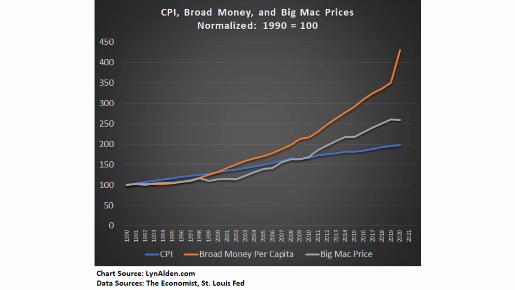The Big Mac index is another interesting alternative inflation indicator. The price of making a Big Mac is pretty representative of the overall prices in the economy. There's beef, oil, flour, and embedded in it are also real estate costs and wages, since McDonald's has to make a profit from selling Big Macs to offset their real estate and employee salaries. And so tracking the price of a Big Mac over time could be a pretty good gauge of inflation. And like Shadow Stats, it's been rising more than CPI, suggesting that true inflation might be higher than what we think. Between 1990 and 2020, CPI rose roughly 2.5% per year, the Big Mac price went up 3% per year, and broad money supply went up 5% per year.